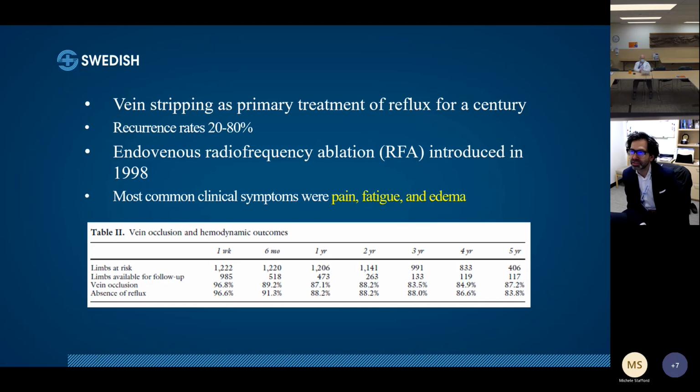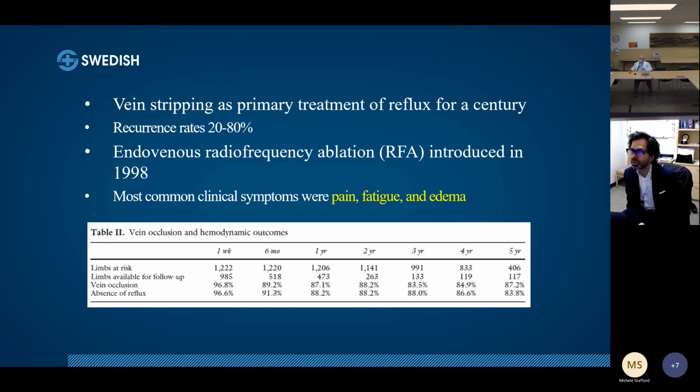So for about a century before radiofrequency ablation came along, vein stripping, going to the operating room and physically pulling out that vein was the standard treatment for venous insufficiency or reflux. Recurrence rates are pretty high, 20 to 80%. And then RFA came along in 1998, and soon after laser, which kind of does the same thing, closes the vein via a thermal mechanism. When you look at reasons for treatment, pain, fatigue, and edema were the primary